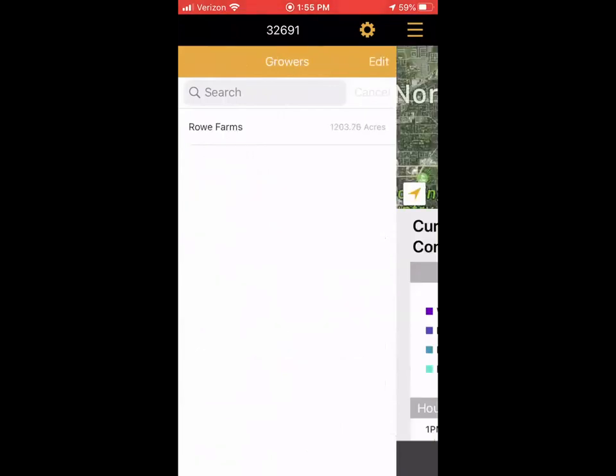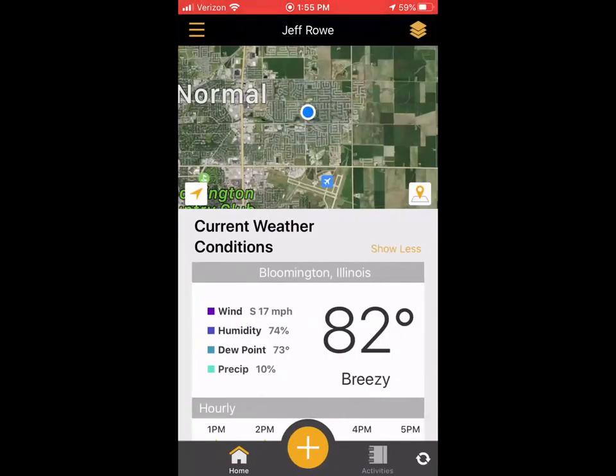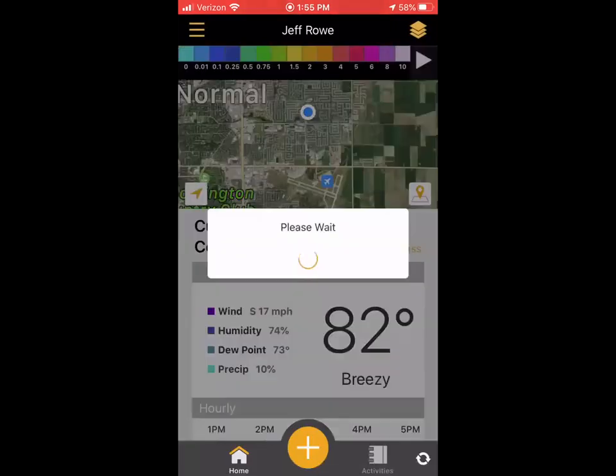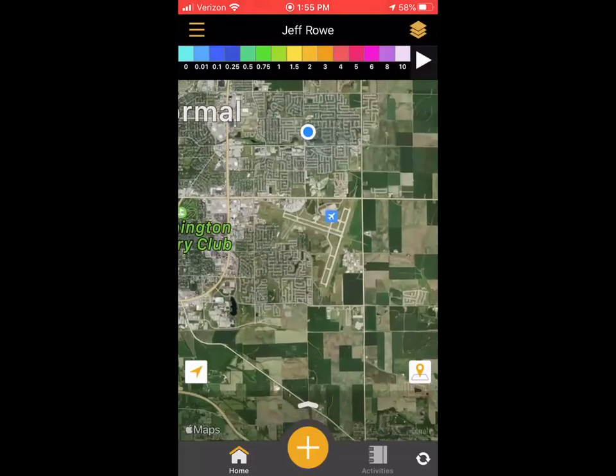But if we go back and we look at this screen right here, this is your home screen. The home screen is really meant to give you some quick information, more general about your operation. If you click on the layers at the top right, you can get some quick weather data such as radar, 1-hour precip, 24-hour precip, and it will show you that over the top of any of your farms. So if you zoom in on some of your farms,